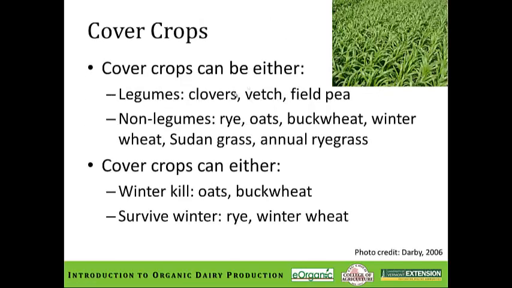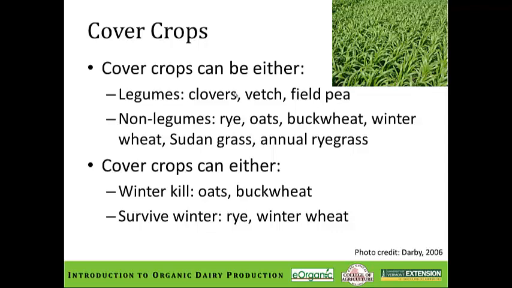So again, cover crops basically can be lots of different types of crops. They can include legumes like clovers, vetch, and field peas. They can also be non-legume crops like winter rye, oats, buckwheat, winter wheat, Sudan grass, annual ryegrass. And again, the type of cover crop you select will really be dependent on what you're trying to accomplish and